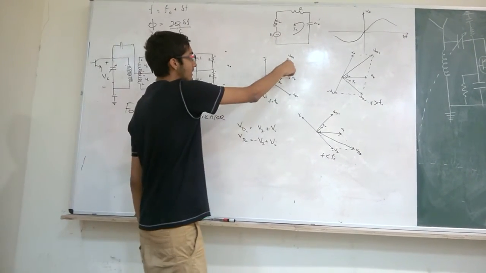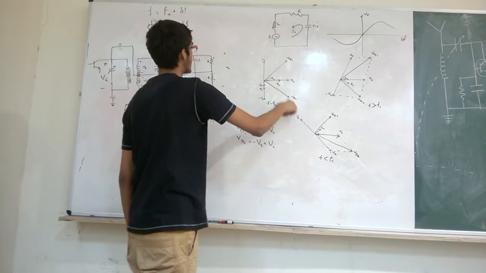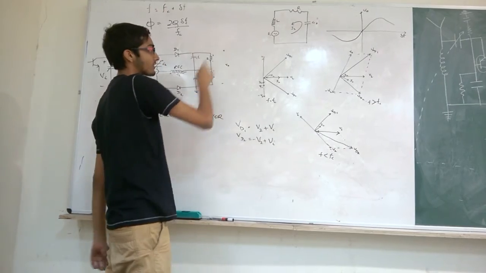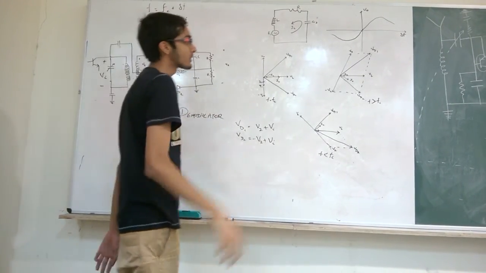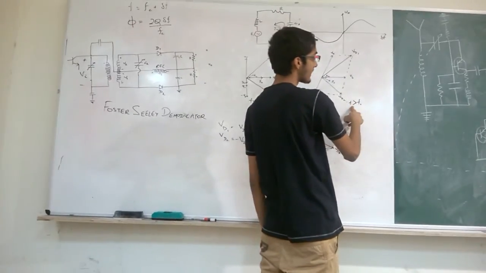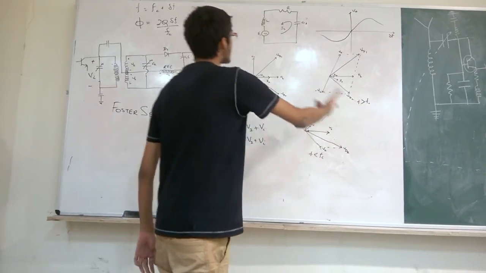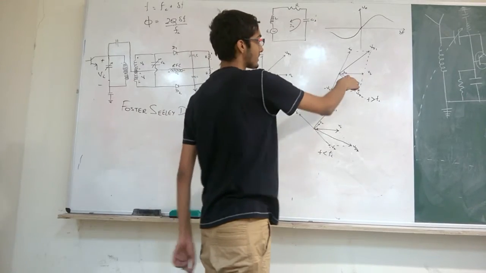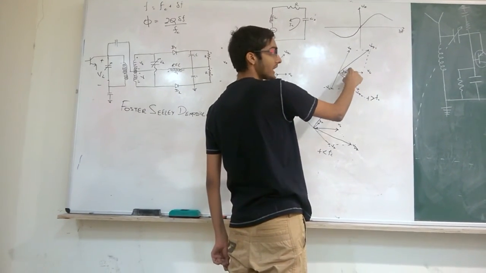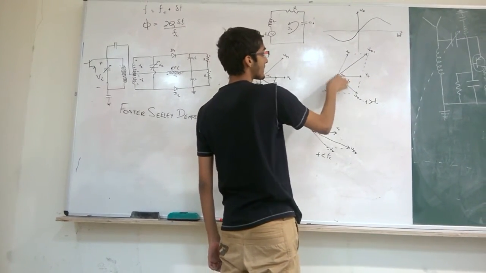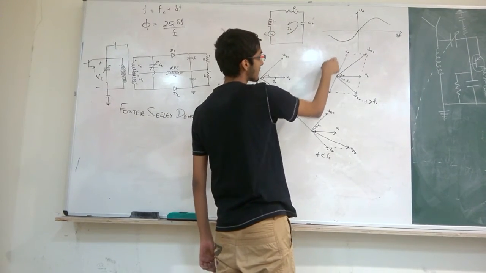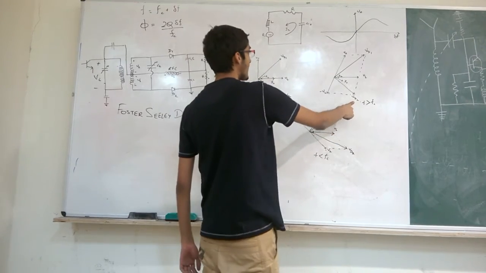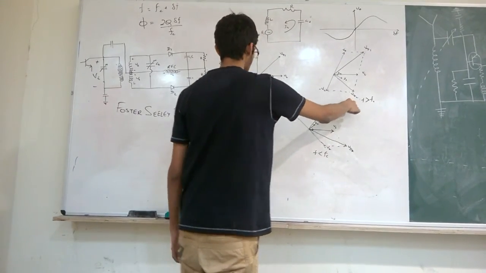So in this phasor, this is VD1, VD2, and the V output is nothing but the sum of VD1 and VD2, which for the natural frequency case is equal to 0. Now what happens if the frequency is slightly greater than the natural frequency? Due to that, the reactance of L increases, due to which it becomes an inductive circuit, due to which the I2 lags behind E2. So the potential drop, as you can see across the inductor, is perpendicular to the I2, and we get VD1 greater than VD2, and hence output is greater than 0.